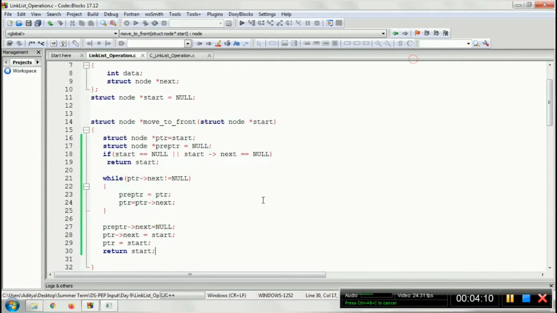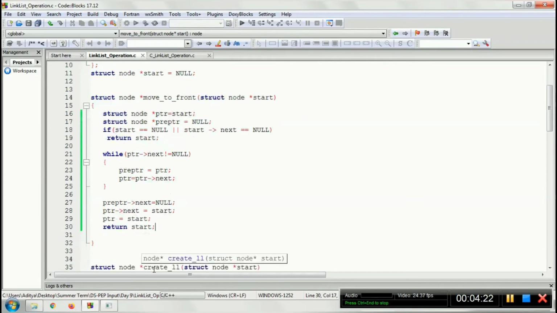Let me see if we have missed any particular point or what. Okay, we have made a mistake here. I have to update start equal to PTR. Okay.